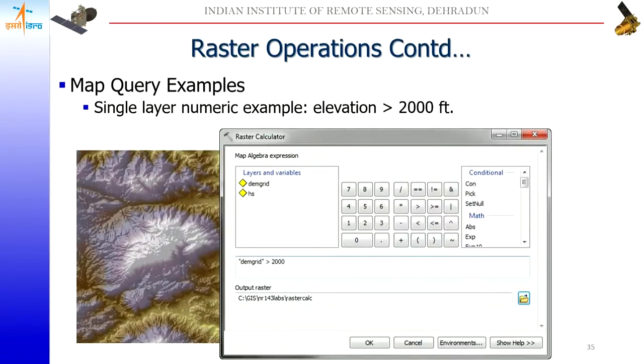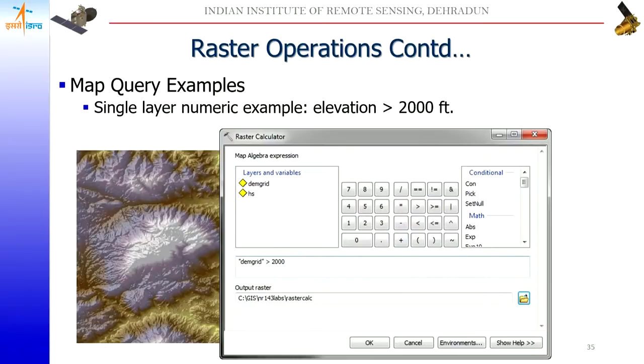Another term that you will quite frequently come across if you are using these raster based operations from the software perspective is the concept of a map algebra or a raster calculator. Most of these things can be done on the raster calculator, what I have shown in the previous example of local based operations. So we'll get the information on the layers, the various operators, the conditional operators are here, and then you can perform various operations.